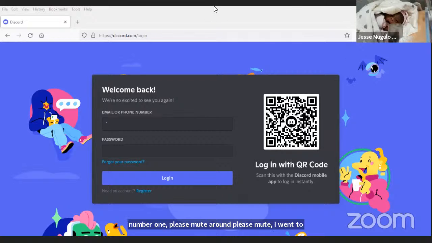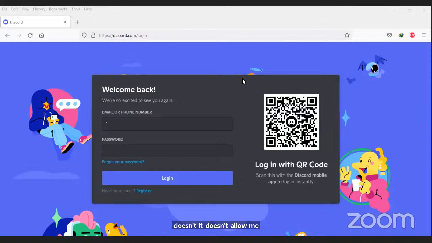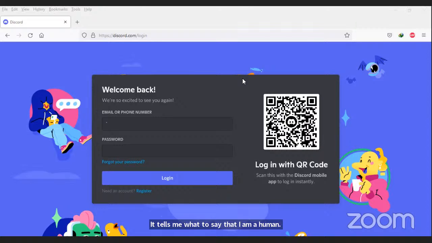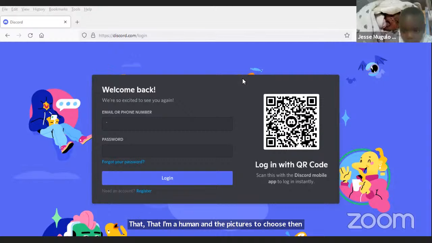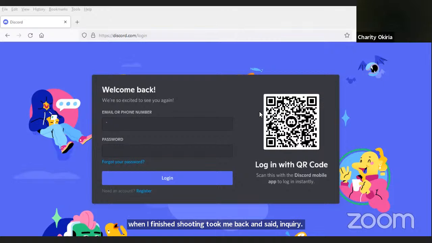Yes, Alexis, what were you saying? It says that I'm human. I say that I'm a human and it gave me these pictures to choose. Then when I finished choosing, it took me back and said incorrect. Oh, so Alexis, if it's saying incorrect, it's because the pictures you chose are actually wrong.